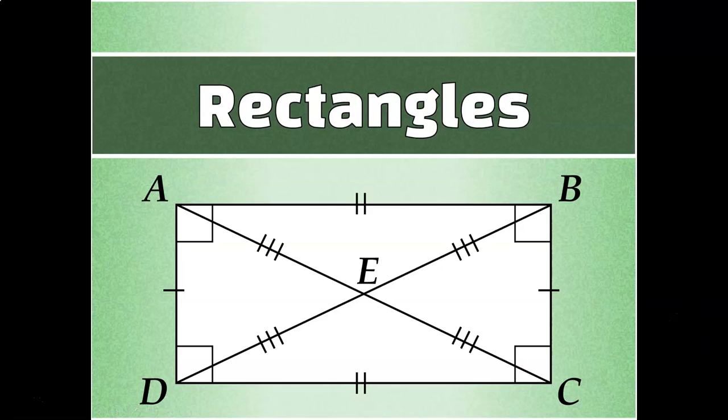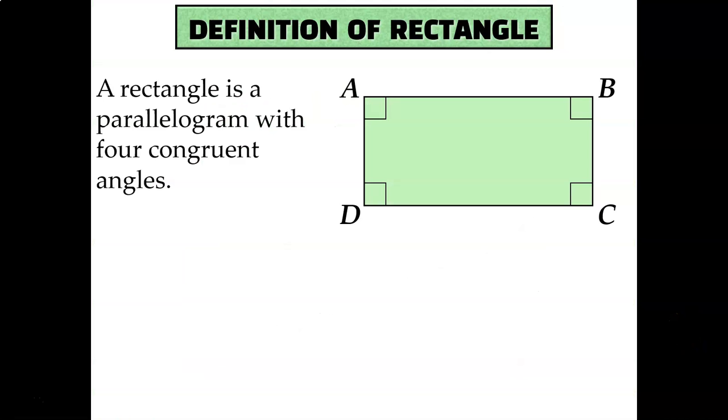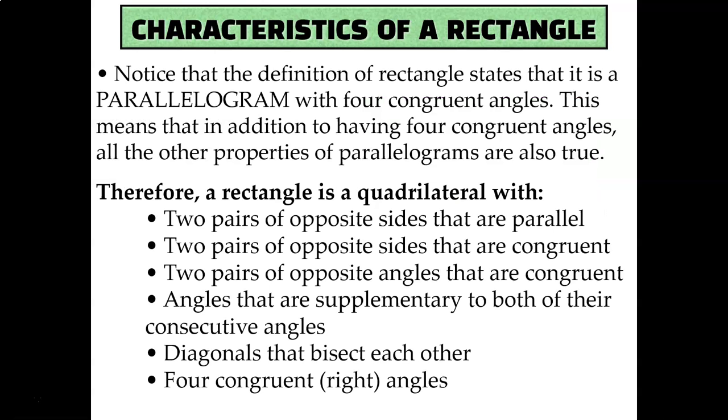Let's talk about rectangles. A rectangle is a parallelogram with 4 congruent angles. Notice again, similar to what we talked about with rhombuses, that this definition includes the fact that a rectangle is a parallelogram. So that means that all of the things that we learned about parallelograms in a previous video are also true for rectangles. So a rectangle has 2 pairs of opposite sides that are parallel, 2 pairs of opposite